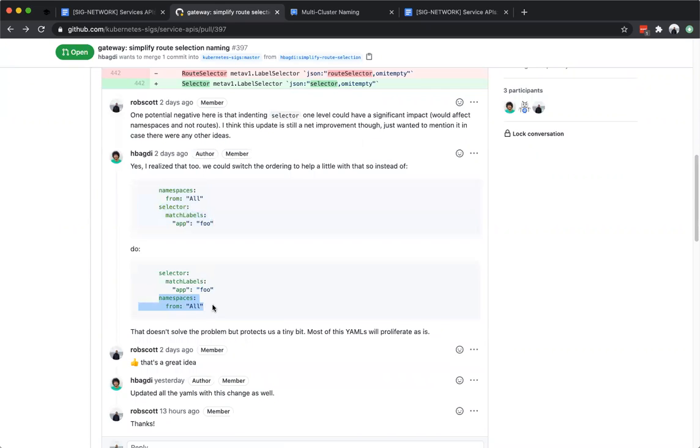So if someone is referring to our examples, they're always going to use this syntax where you cannot have that same selector indentation problem, which I think is a good start. And the other thing is the namespaces selector is only going to be used when you have from selector, which I don't imagine being super common anyways. So to me, this seems like a reasonable update.